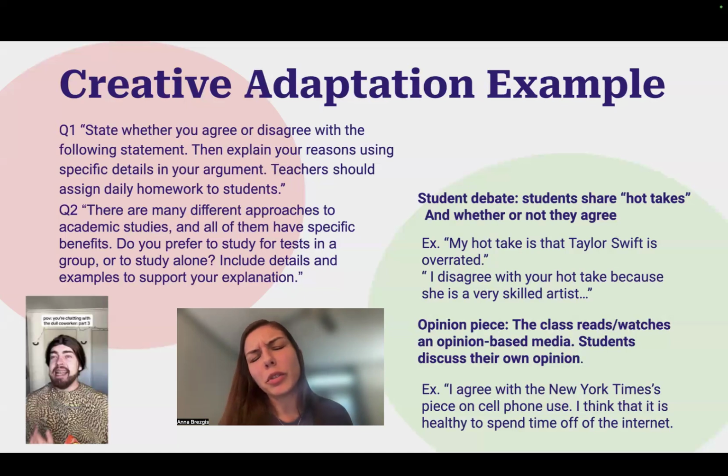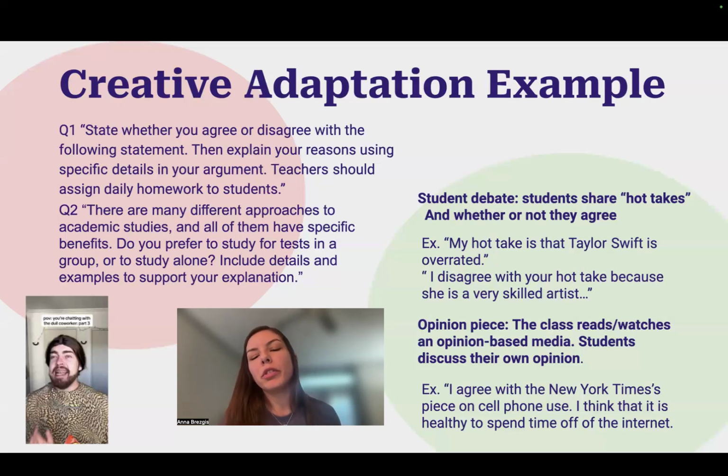I thought we could do this through interacting with media. So the class reads or watches a piece of opinion-based media. It could be an essay, an opinion piece on some news website. It really could be a YouTube video. We can get creative with it, right? Students discuss their own opinion. So the student's response to this media could be like, I agree with the New York Times piece